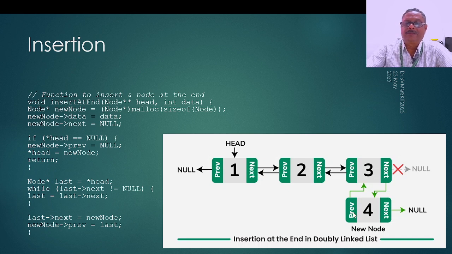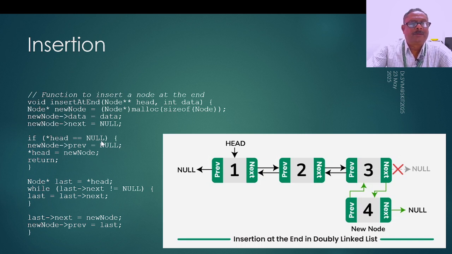Make adjustments so that the new node's previous points to the last node, and finally the next of the new node should be made null. So here we are creating a new node, and the data in the new node is 4 here, and then the new node's next we are making null by default, and the new node's previous,